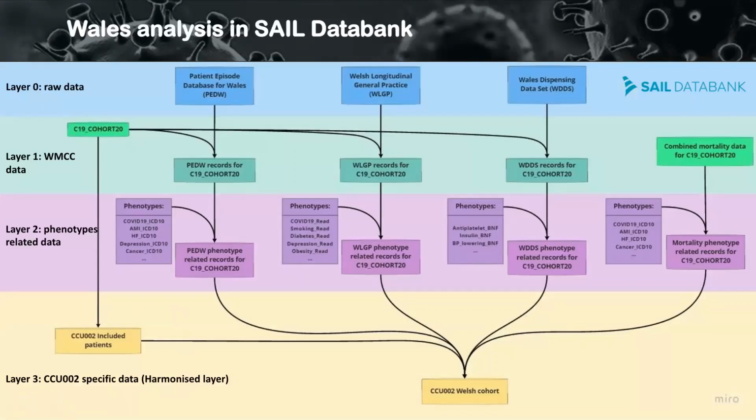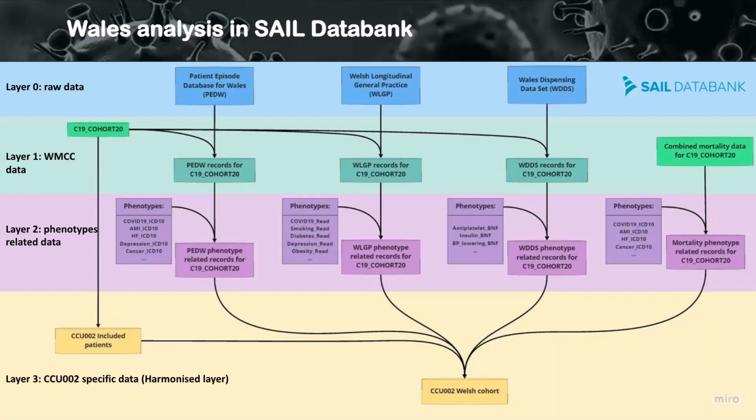As you see, we have used data sources held within the same data bank to create this study cohort, and this figure is a very simplified version of the data preparation process in SAIL, and the full image is available to access on Miro for all consortium members. So in theory, we would have raw data sources here, shown in the blue layer on top. In layer 1, we have defined the population spine called the COVID-19 cohort, which includes all individuals alive and living in Wales on 1st January 2020 with follow-up through multiple data sources until the end of 2023 as data becomes available. This cohort also includes all Welsh residents who moved into Wales or were born in Wales after 1st January 2020.